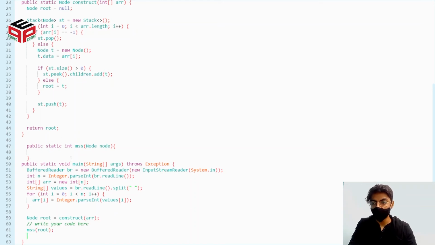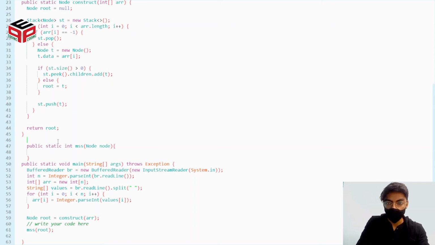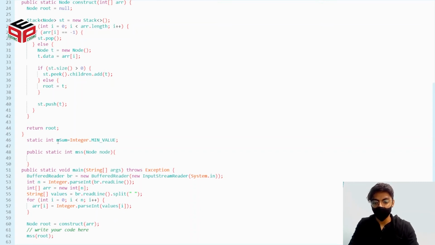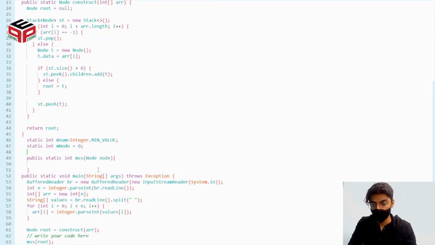And then finally, we also need two variables, which we talked about. Maximum sum, arbitrarily low value so that we can update it properly, and our maximum node, assuming that it is at the root or it's just 0.